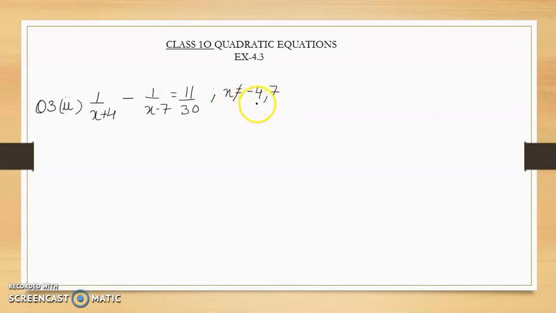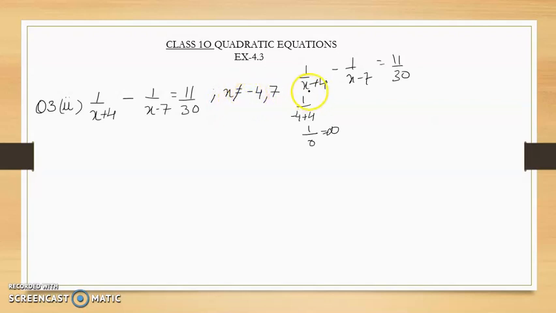Now first understand this, then I will tell you how to solve the question also. Now see, it is given that x is not equal to minus 4. The equation given to us is 1 upon x plus 4 minus 1 upon x minus 7 is equal to 11 by 30, right? At this condition, what do you mean by this? X is not equal to minus 4. Why? Because if I substitute here minus 4, I will get 1 upon minus 4 plus 4, which is 1 upon 0, which is infinity. So the equation cannot be solved. That is why this condition is given, x not equal to minus 4.